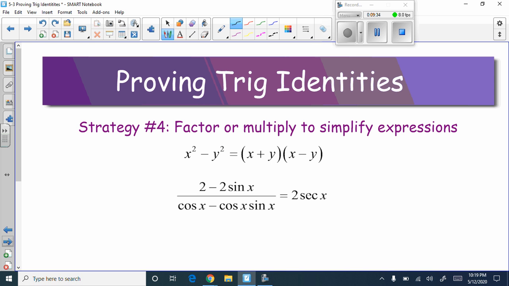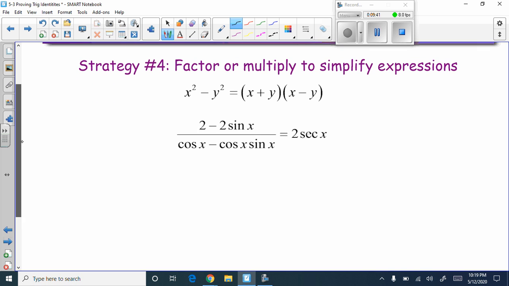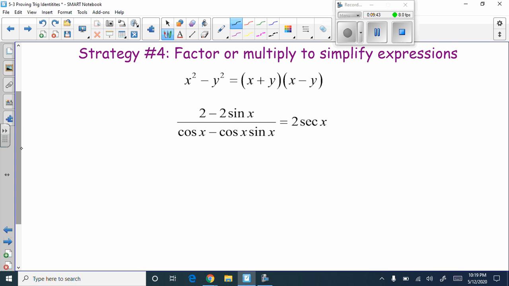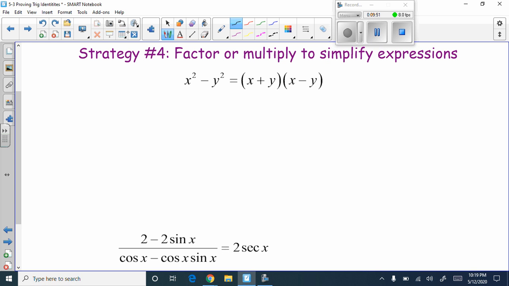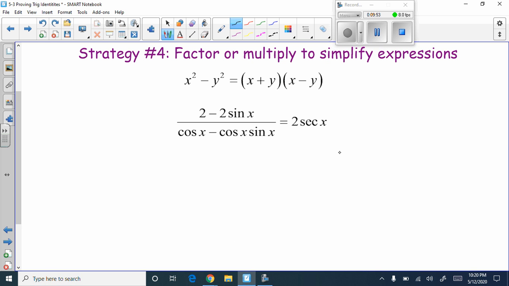All right, strategy number 4 is to look at the fact that sometimes you're going to want to factor to help you break things down, whereas in the first example, we FOILed it out. Here, you're going to want to sometimes factor. I can factor my numerator and denominator here. We can take out a 2